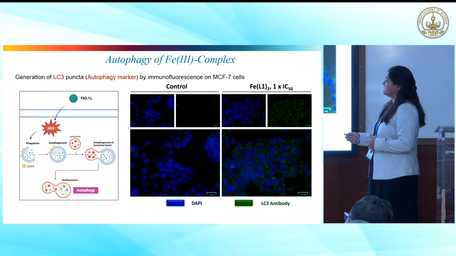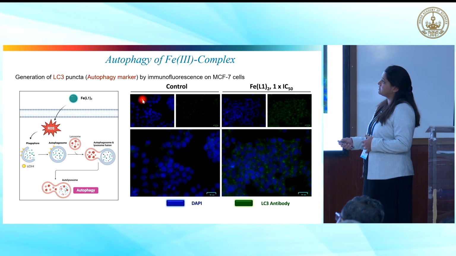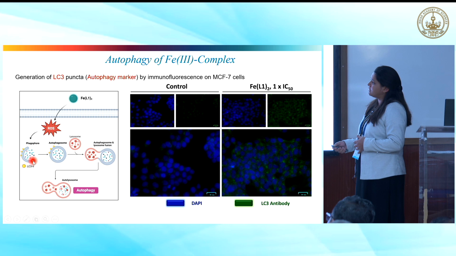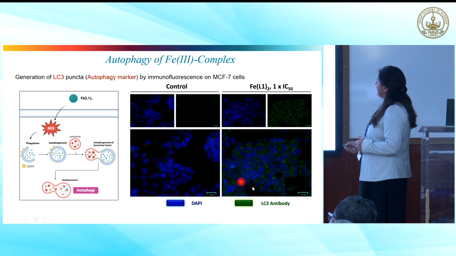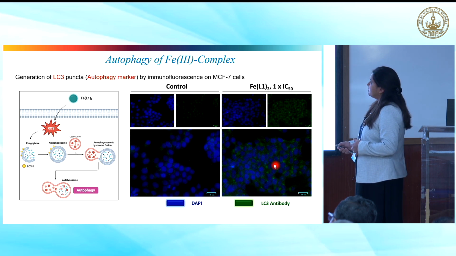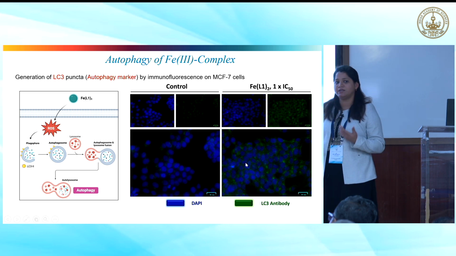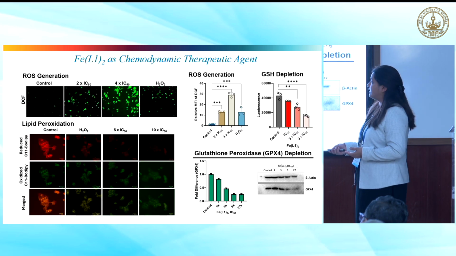Now once we had proved this in the presence of inhibitors, we wanted to further verify it by immunofluorescence assay, and what was used was LC3 puncta, which is one of the autophagy markers. We saw these LC3 puncta coming on the surface of these autophagosomes in the form of this green fluorescence which we see over here. So this is the immunofluorescence assay to further verify that that is the cell death pathway that they are undergoing.